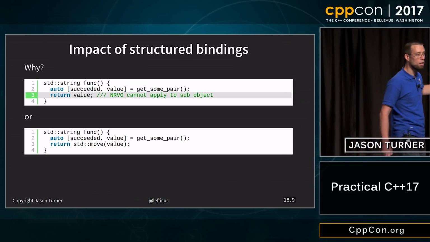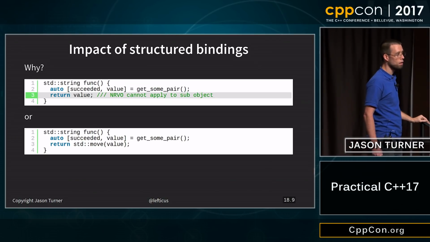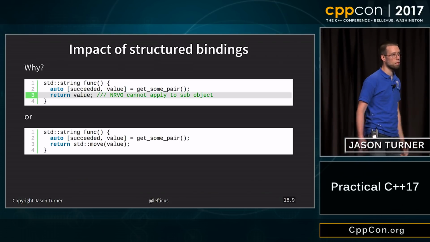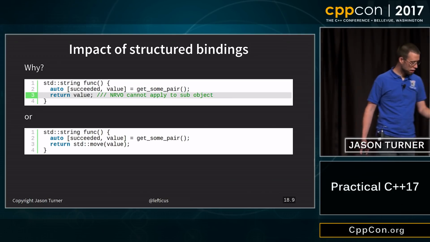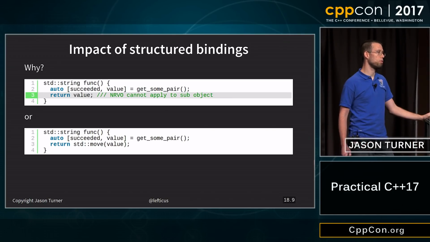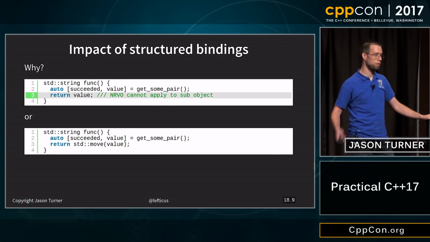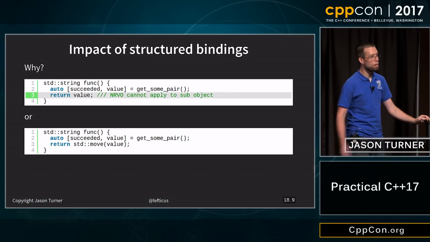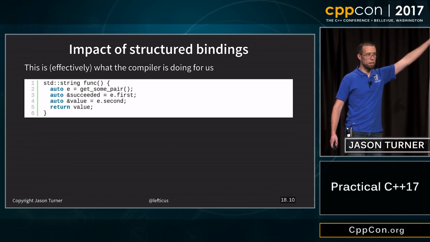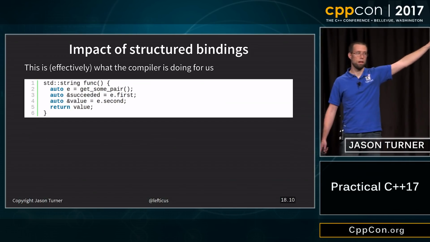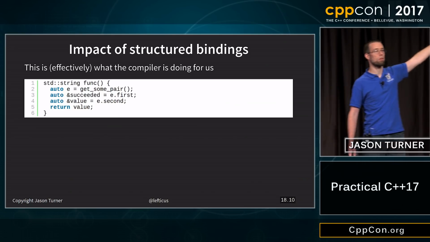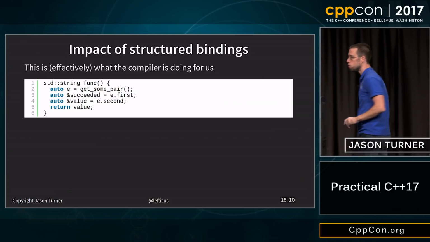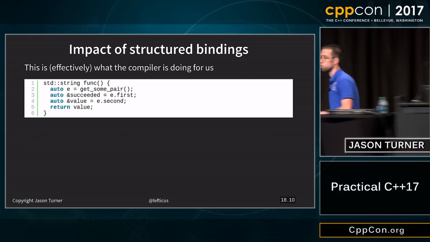Yes? And the compiler is not allowed to just generate the code as if the extra object didn't exist. I don't believe the compiler is allowed to do it in an efficient way, and I have not seen a compiler that does. It is because in the standard, structured bindings are specified as if you had created some mythical object called e, that is the thing that was returned from the function, and then you create references into it.